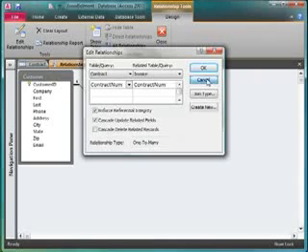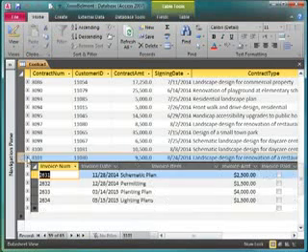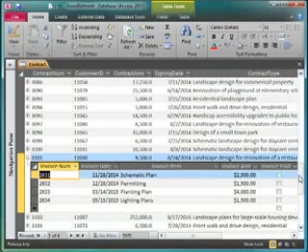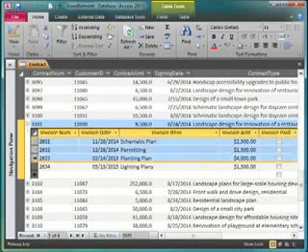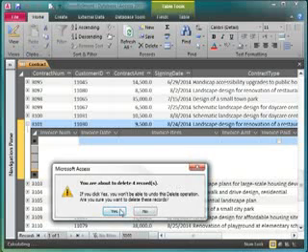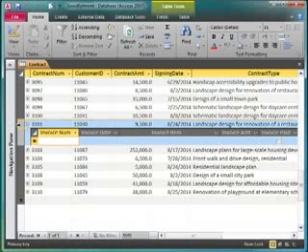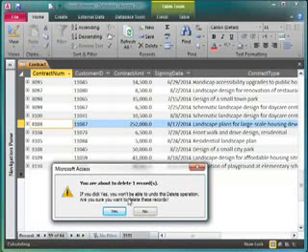I'm going to go ahead and click Cancel on this. I'll close my relationship window. And what I'm going to do now is click the plus sign to expand the subdatasheet. Now I can select all four of these records in the subdatasheet, and now I can click Delete and delete those records first. Then I should be able to delete 3101